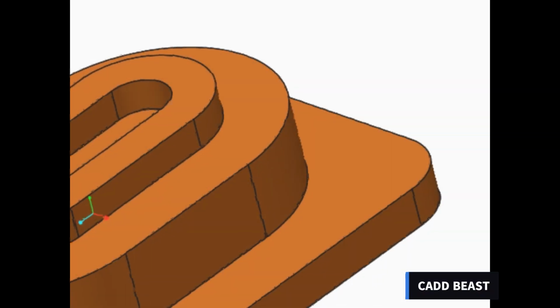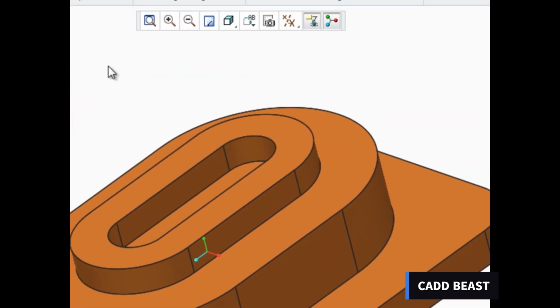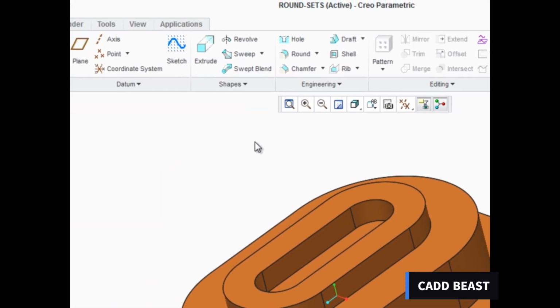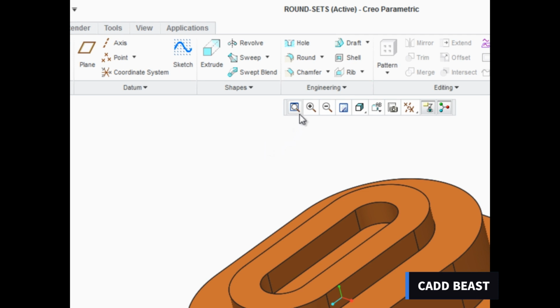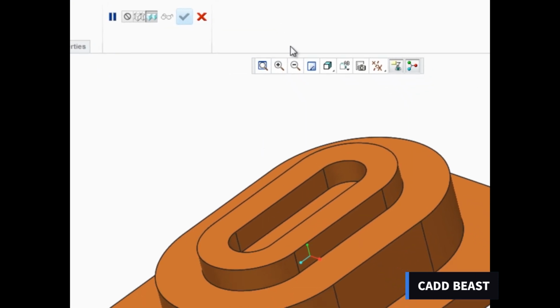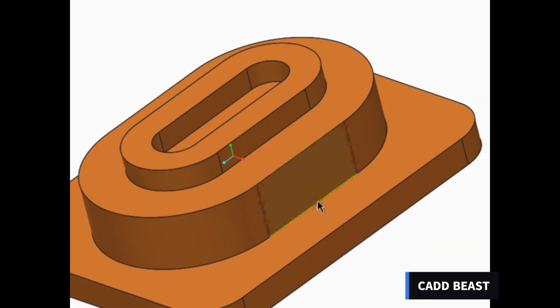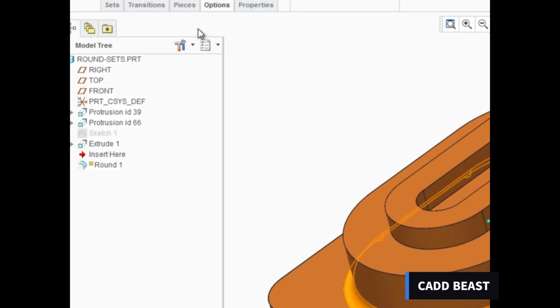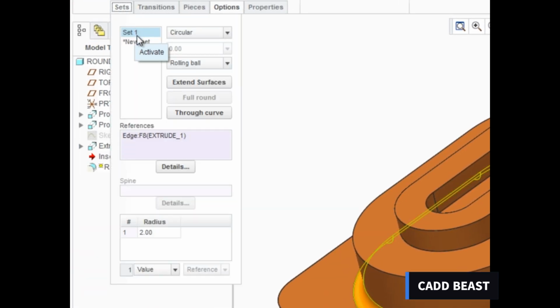Round sets enable you to create rounds of different radii and type in a single feature. If you start the Round tool and select an edge of the model, a single round set is created. You can see this in the Sets tab, that Set 1 contains a single edge reference and a round radius